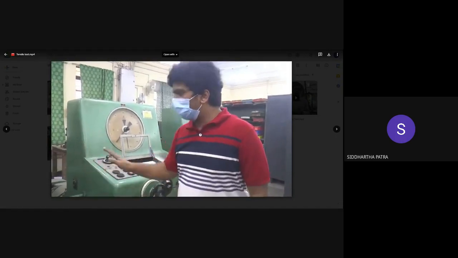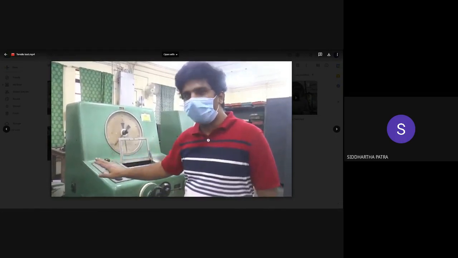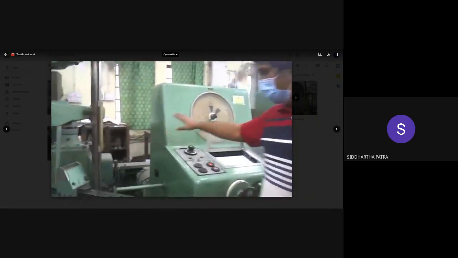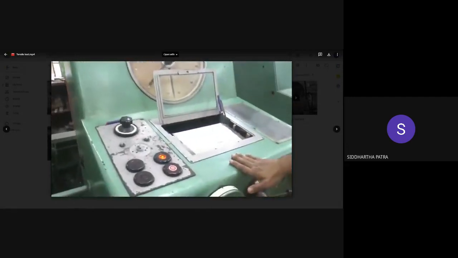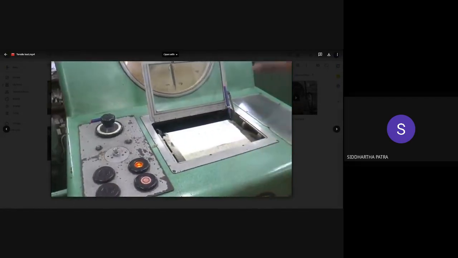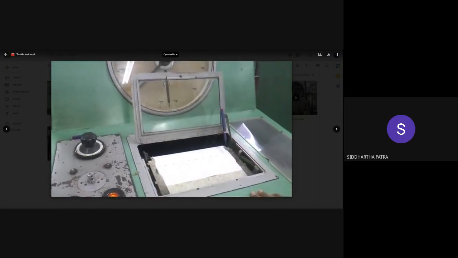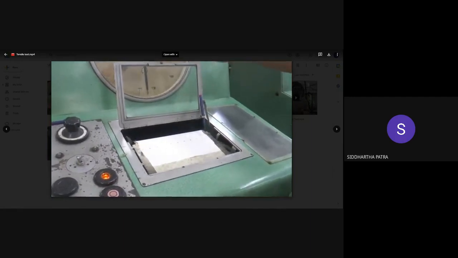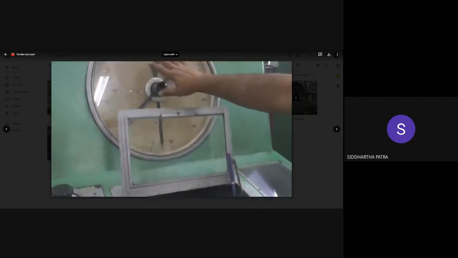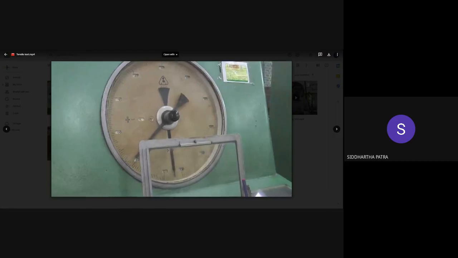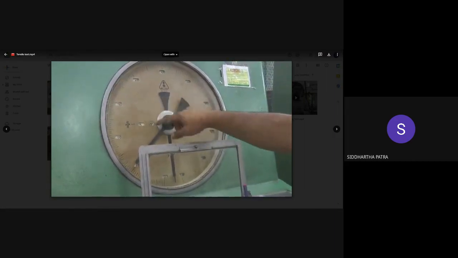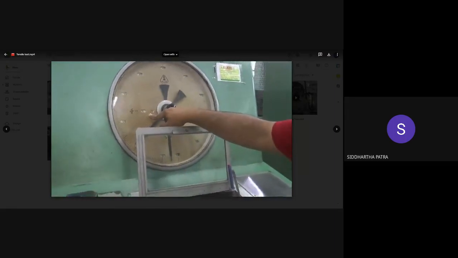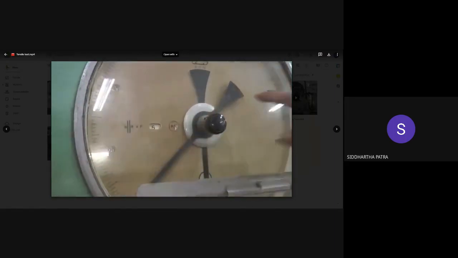Now this machine is run by a hydraulic system. You can see all the circuitry over there, and this is the controller. This is where you can control the amount of elongation or amount of loading, and you can also read the data from here. For example, you can get the reading of how much force is being applied from this dial, and also you can adjust the maximum. The unit of force is kilonewton.